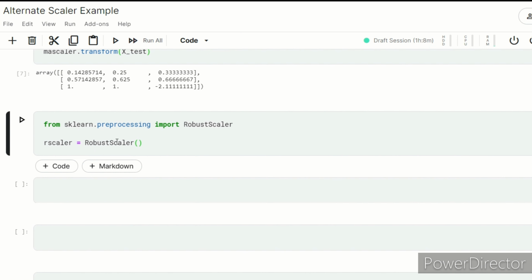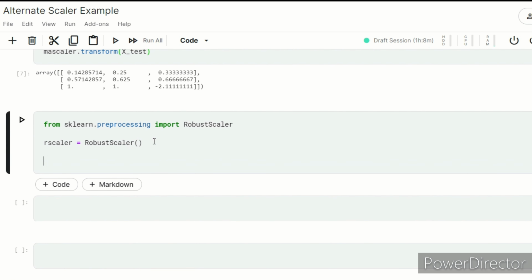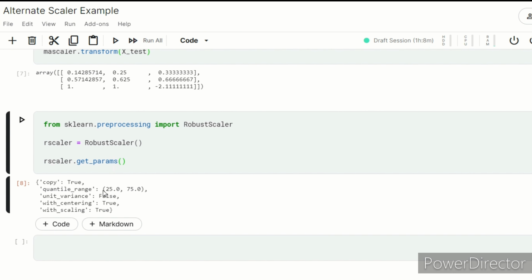So let's first check what the parameters are. I just type get_params, and the parameter has a quartile range of 25% to 75%. You can change it to 10% to 90%. Unit variance is false; you can make it true to get the variance to 1 for all the data